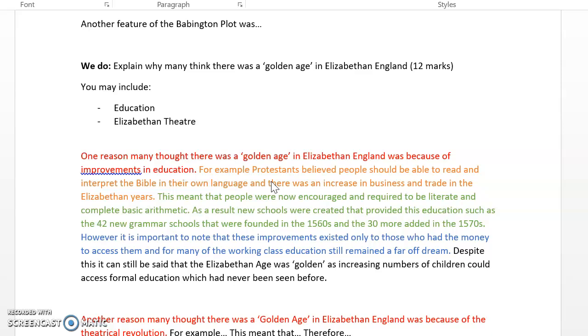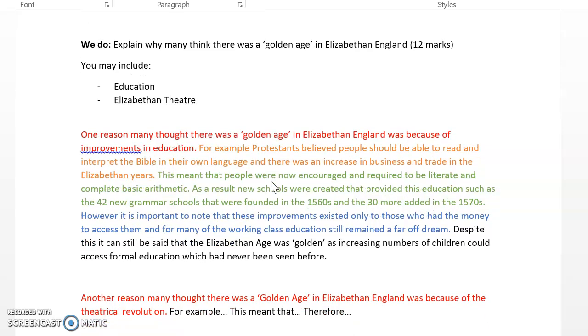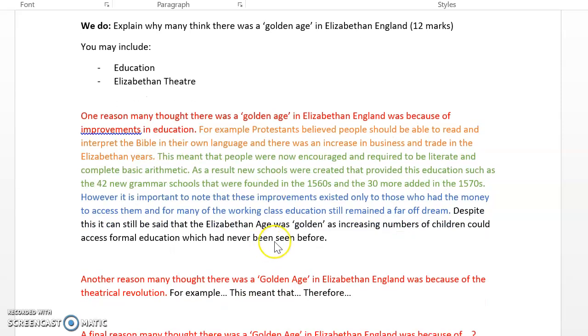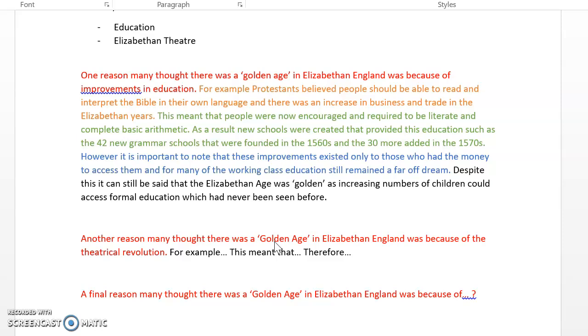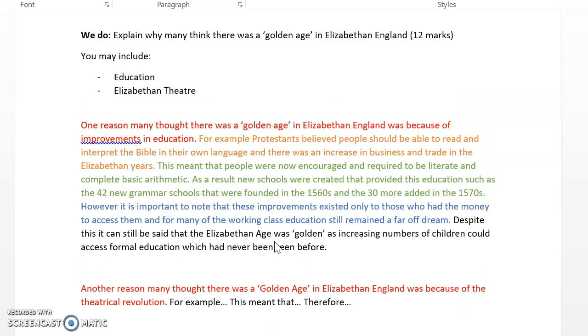As you've seen, I've answered the first paragraph for you. The second and third paragraphs I would like you to answer yourselves. Okay, so for me, the first paragraph, just reading through it, and remember it's in PEEL structure, so we emphasize that